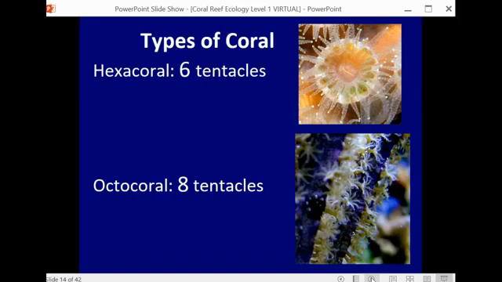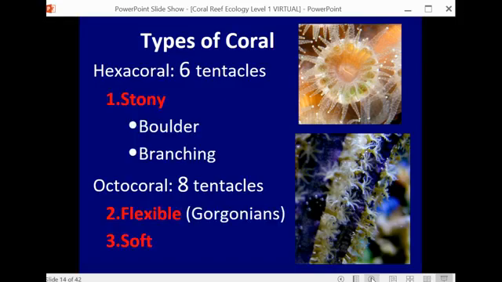There's all kinds of different ways to break down the types of corals that are out there in our waters. But in general, there are 3 types of corals to keep in mind: stony corals, flexible corals, and soft corals. Those are the 3 main types. Our stony corals,